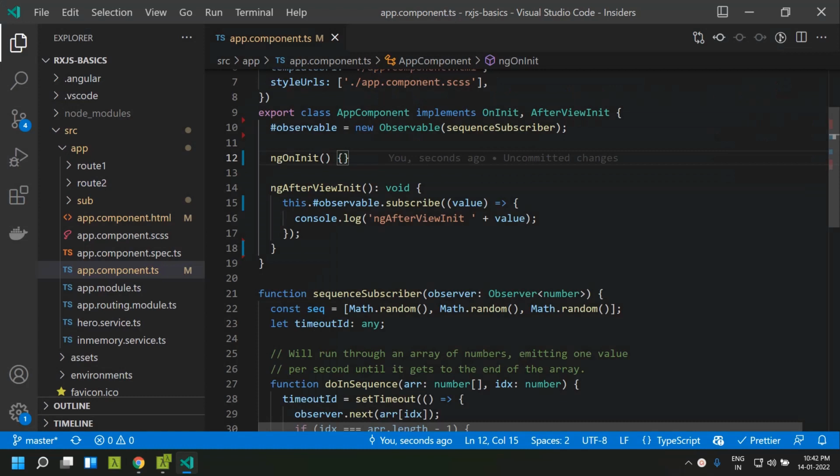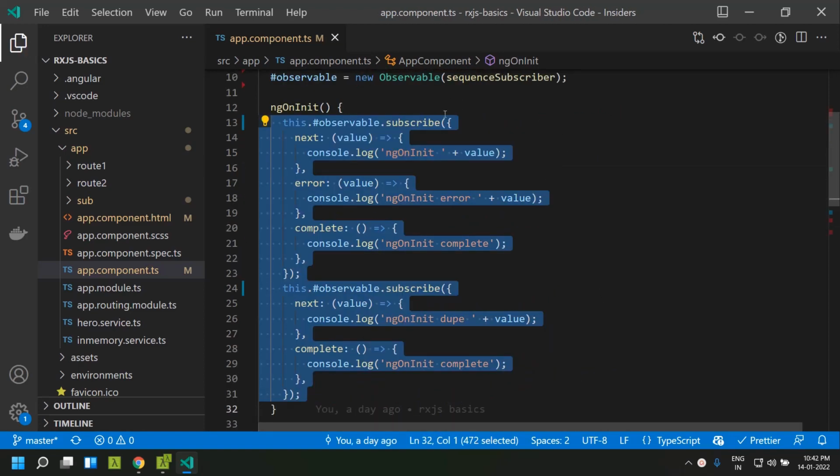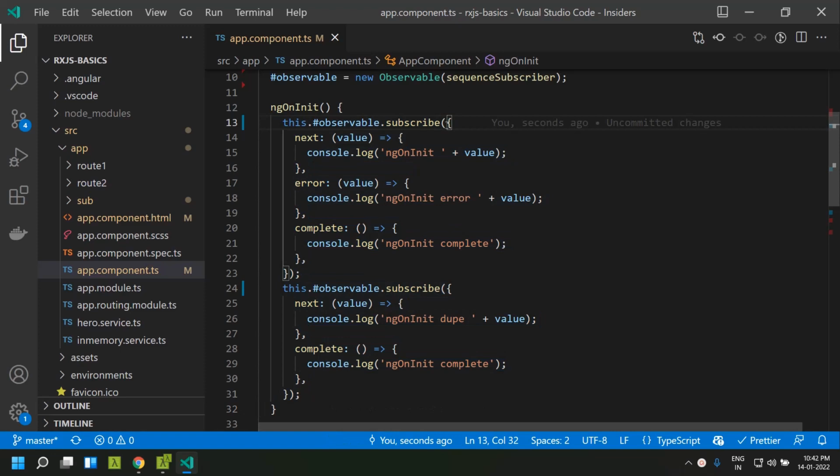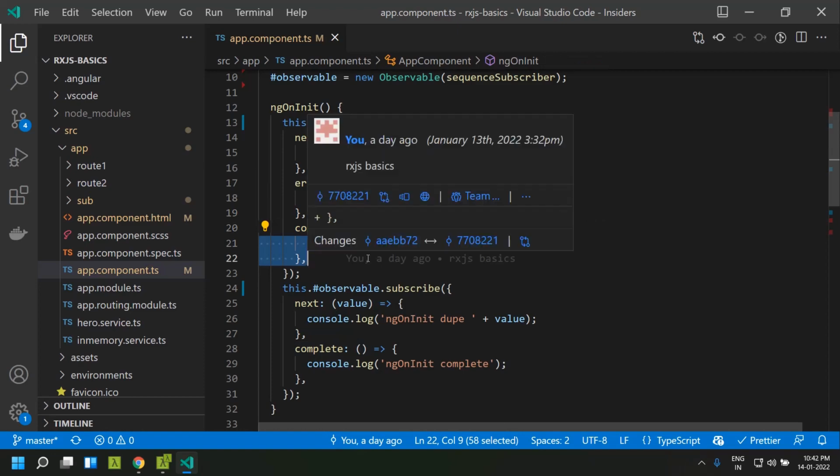The format which we saw for subscribing to an observable is the simplest format, which contains only the handler to receive the next value. There is a much more complex format which I am showing here. To the subscribe method, you can pass an object. Within that, you can have three keys: next, in which you can pass the handler for handling the next value; error, which will handle the errors in the observable; and complete, which will have the handler for handling the completion of the observable.